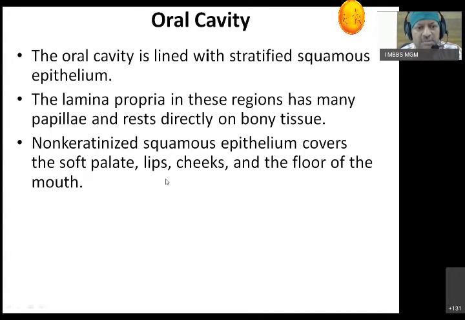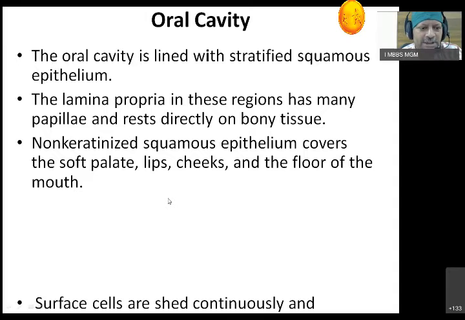So what we have to remember is a painless ulcer in the oral cavity. Remember, a painless ulcer in the oral cavity is more dangerous than the regular aphthous ulcer, which is painful. We have to be more careful with painless ulcers. Diagnose it early, take a biopsy, diagnose it early, and it is very well treatable. That is what we have to keep in mind. And it is a big thing if somebody is thinking of maxillofacial surgery as a surgeon: oral carcinomas are one of the things from which they can earn a huge amount.